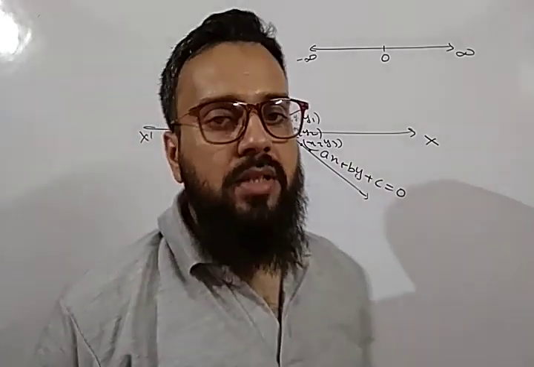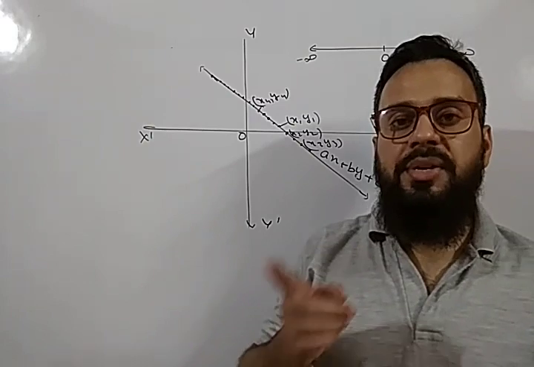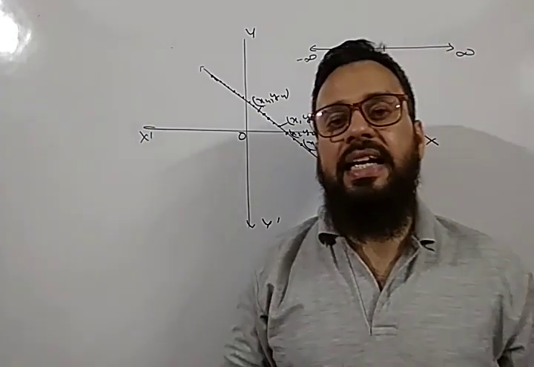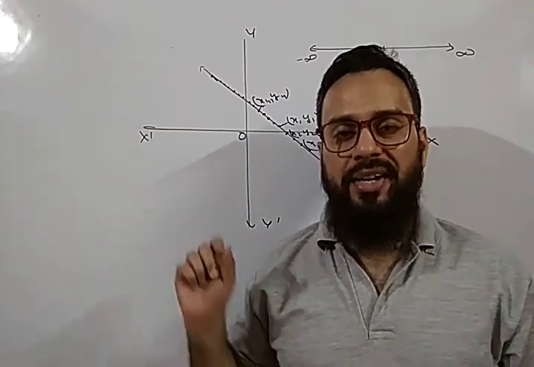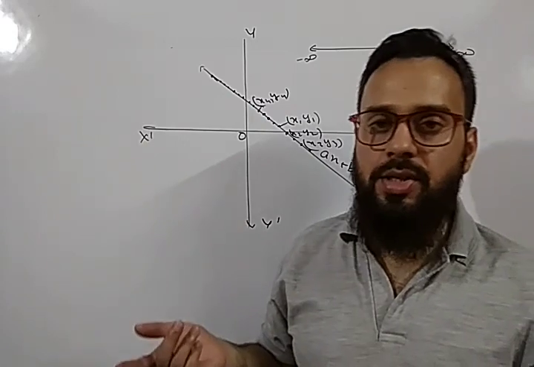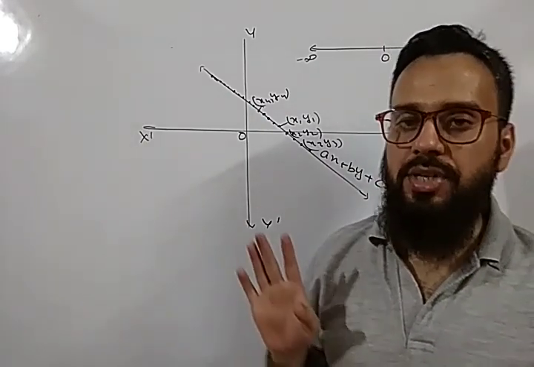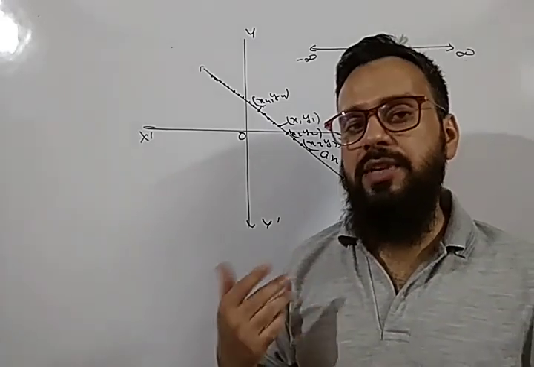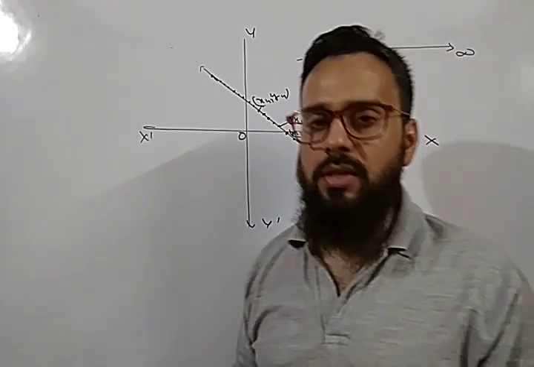Clear? So today we have discussed how to draw the graph of a linear equation in two variables, and the meaning of intercept on the x-axis and intercept on the y-axis. Today you will solve the questions on plotting the graph of linear equations in two variables. We will discuss some more important questions based on the graph of linear equations in two variables in our next video also. So before that, you have to solve the questions based on this particular topic.